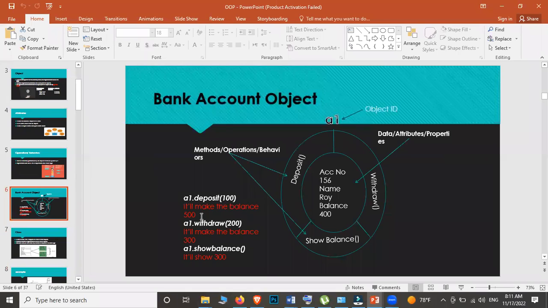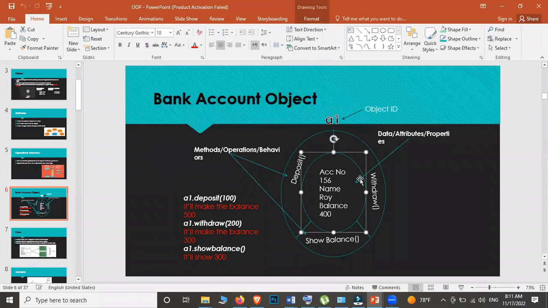In the last class itself I taught everything. Here another example has been given. Say there is an account object. The account has things it can do. The object name is given an ID, A1, and similarly A2, A3, A4, A5, there could be many more objects with many IDs.